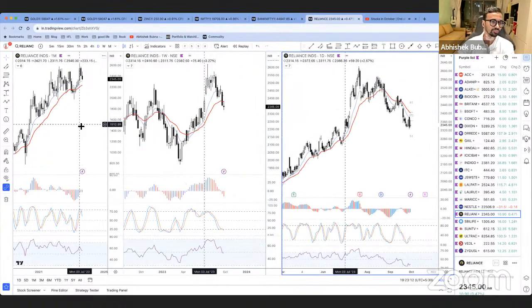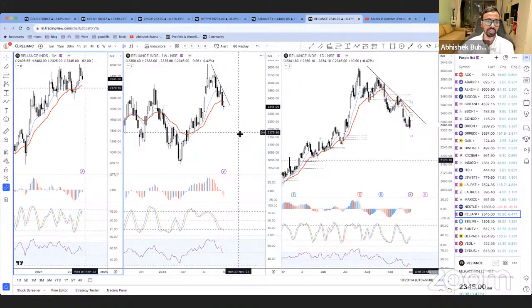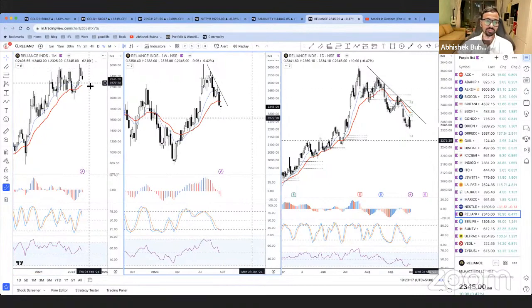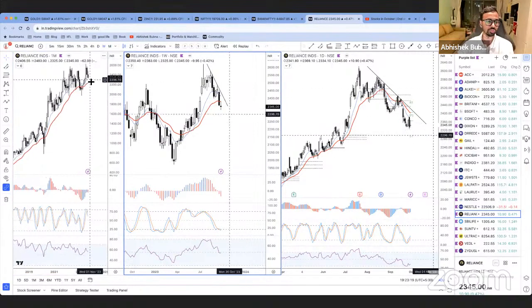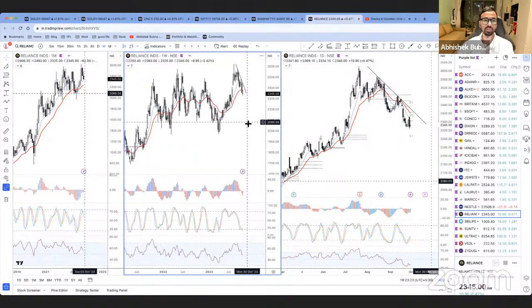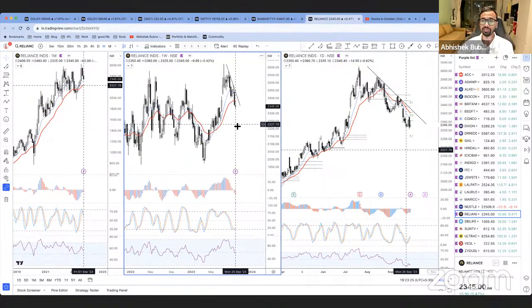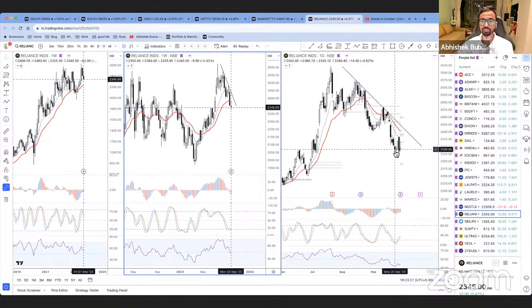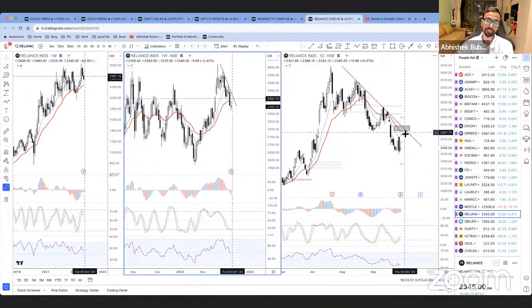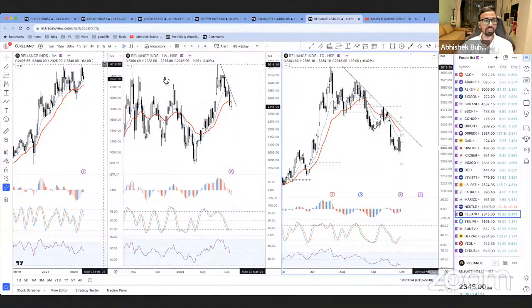Then we have Reliance. Of course, Reliance monthly chart is not the best candle. Weekly is at EMA. Now, if I ignore the monthly chart because I'm not sure what to make out of it, apart from there is a weakness. But if I just want to trade on the momentum, and if I get the momentum, there is a bullish divergence in the daily chart. And if it opens gap up, then one can take advantage of it.